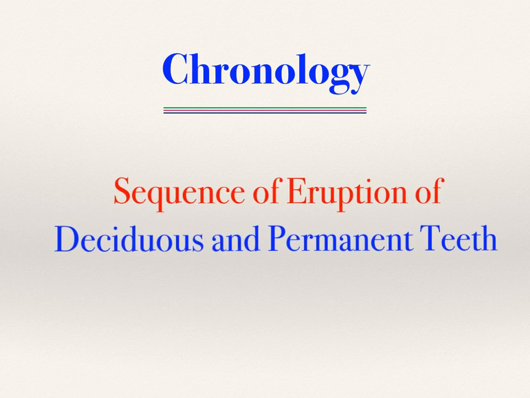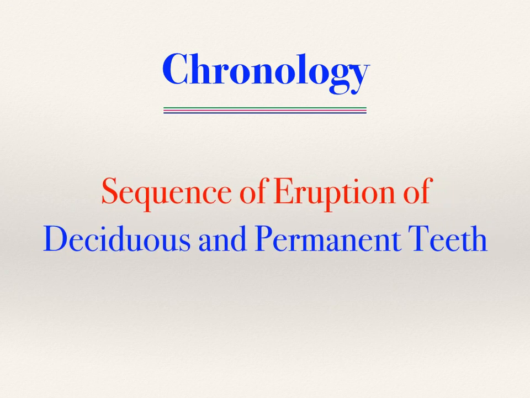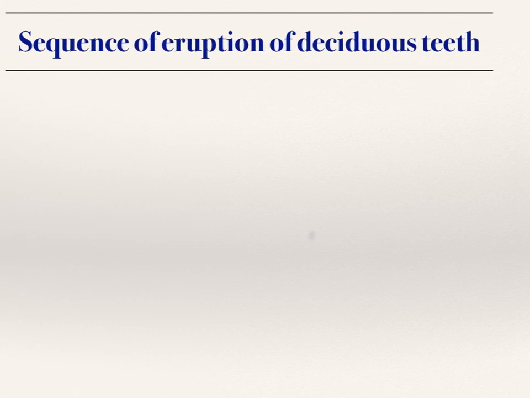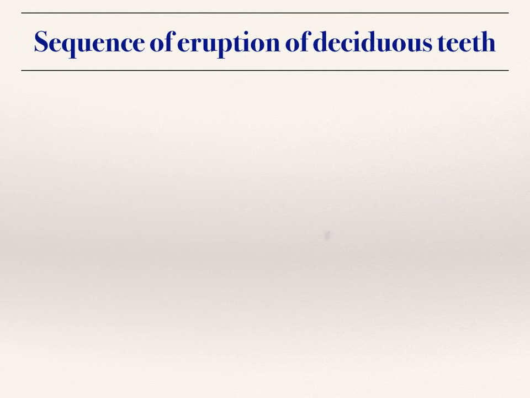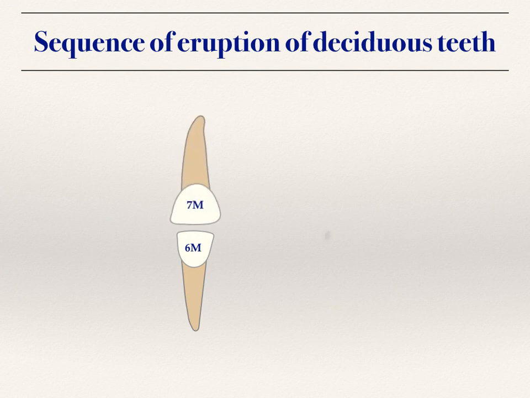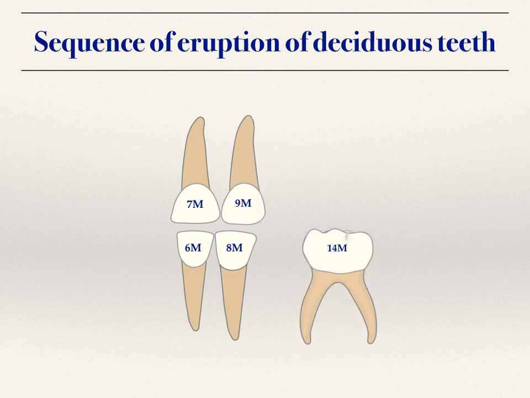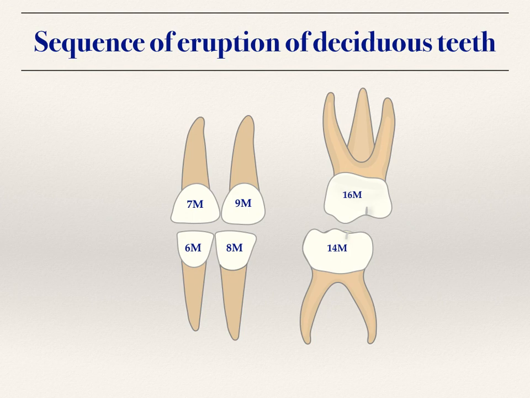وده في غاية الأهمية. What is the sequence of eruption of both deciduous and permanent teeth? Sequence of eruption of deciduous teeth. The first tooth to erupt in the oral cavity is the mandibular central incisor at 6 months, followed by the maxillary central incisor at 7 months, then the mandibular lateral at 8 months, the maxillary lateral at 9 months, and then the mandibular first deciduous molar at 14 months, followed by the maxillary at 16 months, and returning again to the mandibular canine at 18 months and the maxillary canine